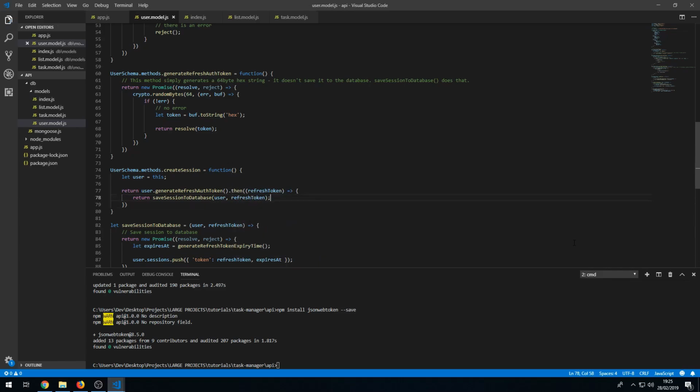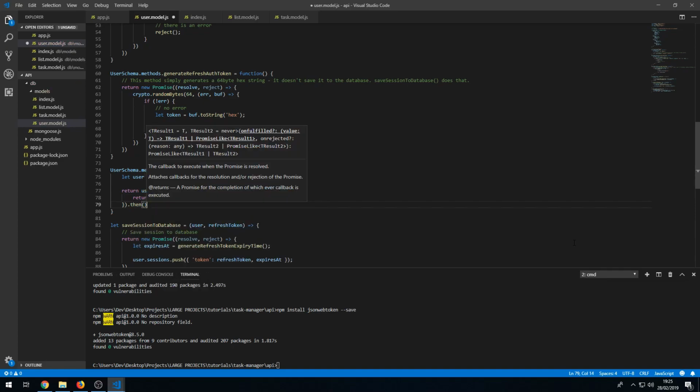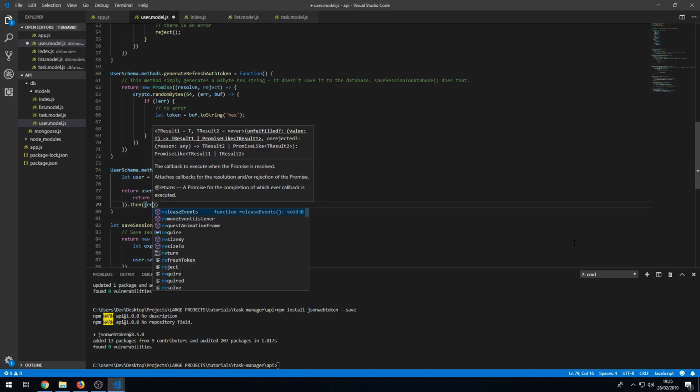There we go. And then we'll chain onto that a .then, where we'll get the refresh token